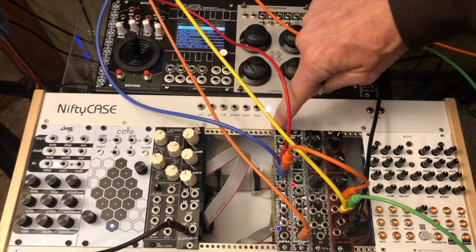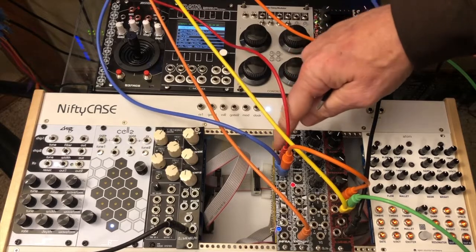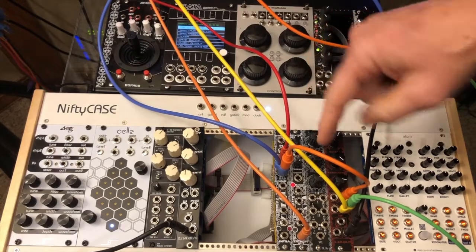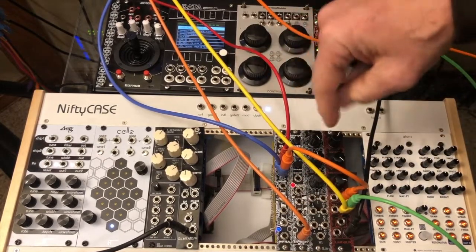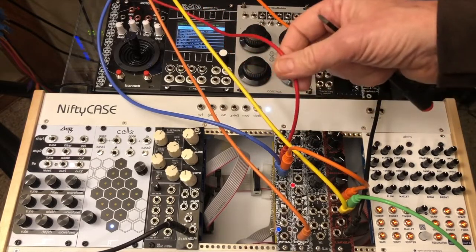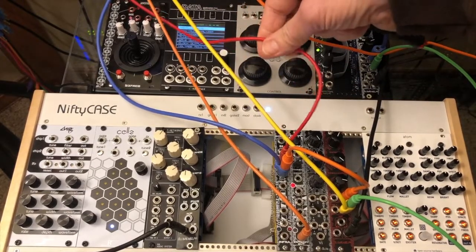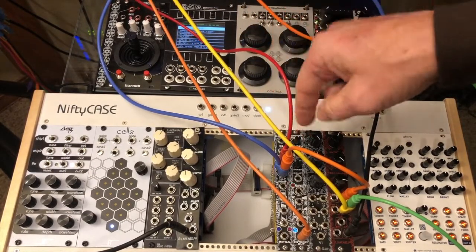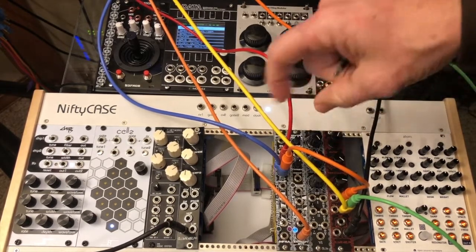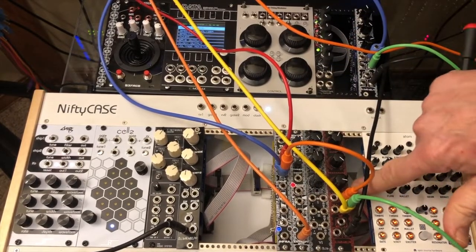We also have to ping this entropy module, the sample and hold. It's got a track and hold and a sample and hold. It's in track and hold right now, right? So we're clocking that with that same Dixie. That's what this red one is. So I don't know if that makes sense, but yeah. Clock, clock, clock. All right? Okay, pulse wave. And then out of the sample and hold, we're going into the envelope in,